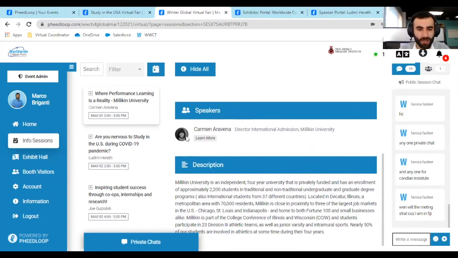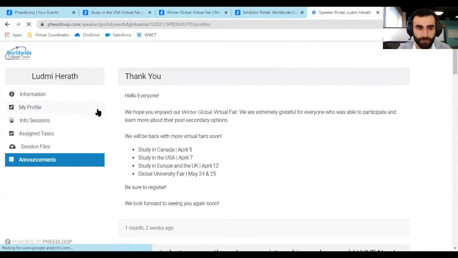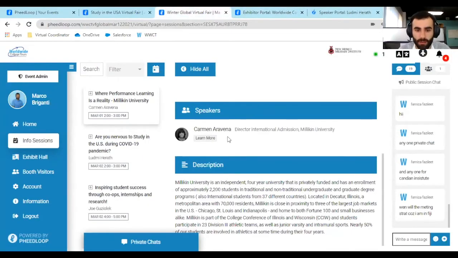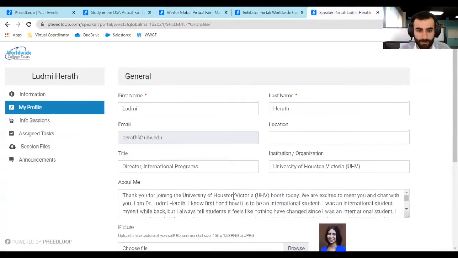And then you have your speaker profile. So this was the profile that I was talking about when we went here. For speakers, this is a really great reminder. When you fill out the My Profile tab in the speaker portal, all this information edits this speaker. And if there are multiple speakers, they will be listed under the speakers heading. And then the description is also this, the about me. Not the about me. It's actually not the about me. It's under